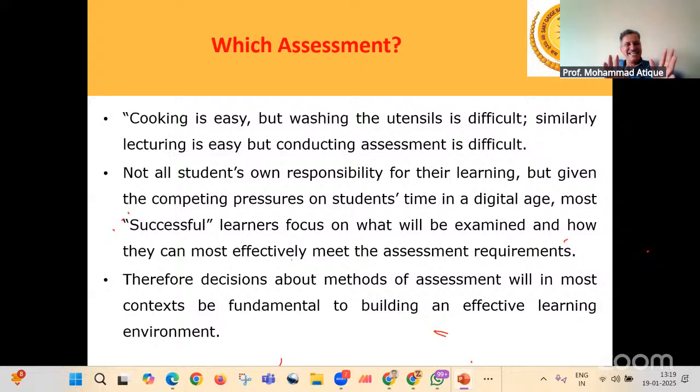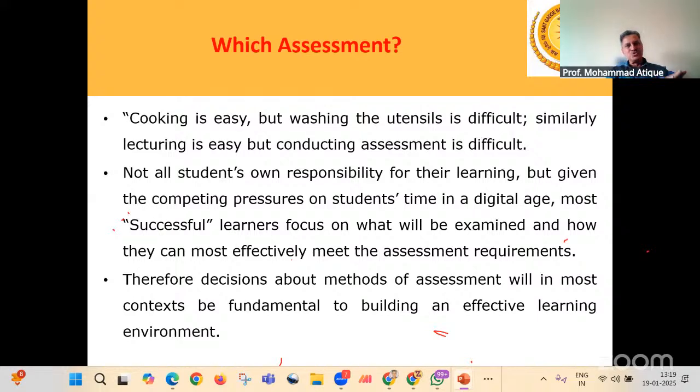Similarly, lecturing is easy. Delivering on a particular topic in a classroom kind of environment is a bit easier, but assessment requires a lot of effort. It is one of the most difficult tasks, right?